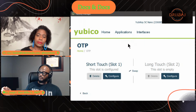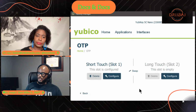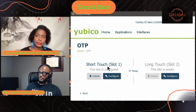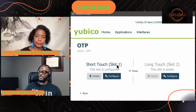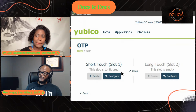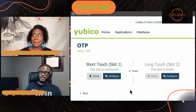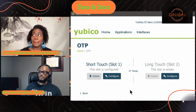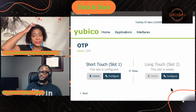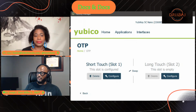Now, the keys come with one. So we have two versions for the one-time password: short touch or long touch. Short touch is already configured for you, out of the box, so you don't really need to mess with it. Long touch, so that's if...